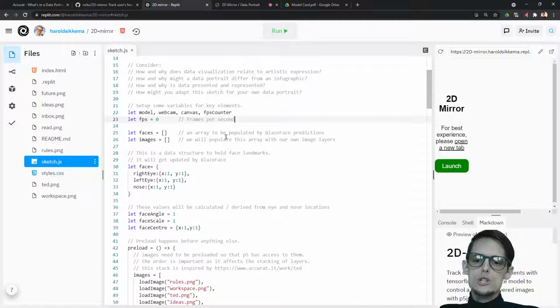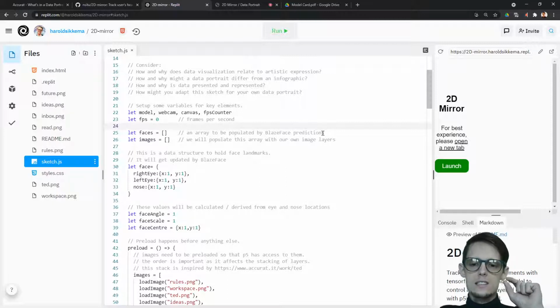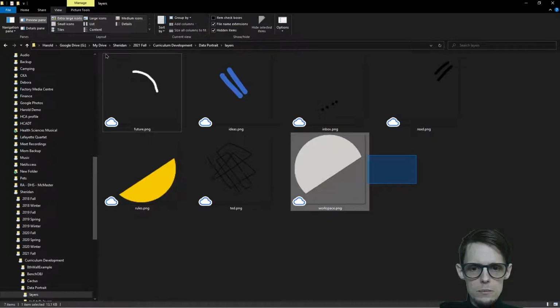We might need to keep track of faces that the webcam sees, or rather that BlazeFace is seeing, but BlazeFace is detecting or predicting. Yes, there is a face that I see in this webcam feed. So we need a place to put them. This is an array because there might be more than one, and really in this version of the sketch I'm only using the first face that it finds, but there might be multiple predictions that it makes. If there are two faces, that array would contain more than one. We'll also have images. So we have 7 of them in this example,